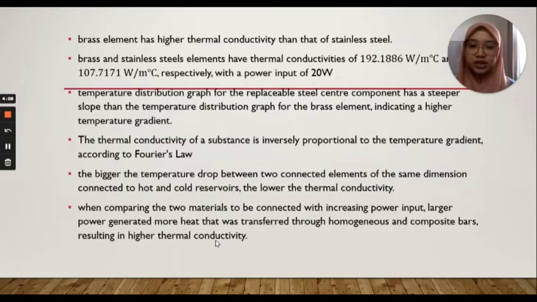Due to their differing composition of element, the brass and stainless steel element have thermal conductivity of 192.1886 and 107.7171 respectively with a power input of 20 watt. As a result, our findings have been proven to be